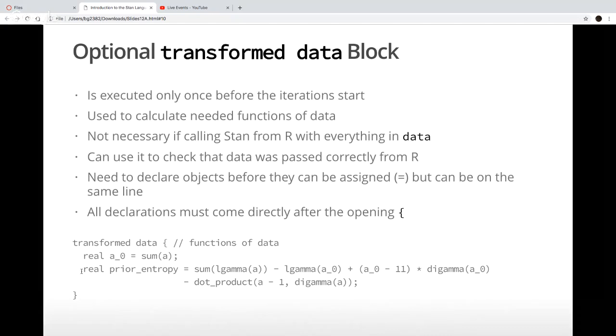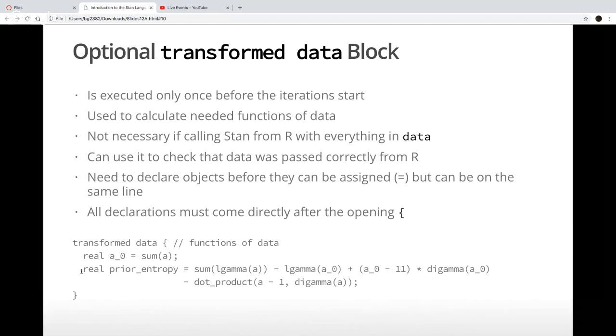It's not super necessary to use the transformed data block if you're calling this from R, because you could prepare all the exogenous knowns in R using R functions, and a lot of times you'll find that easier. But Stan technically can be used from Python, and from the shell, and from other situations in which you may not have all the functionality you need in the calling interface to set everything up. In that situation, the transformed data block can be useful.